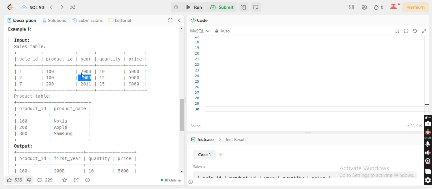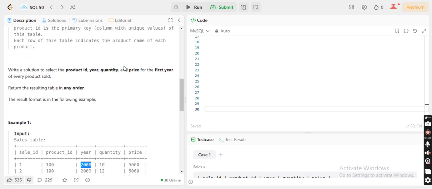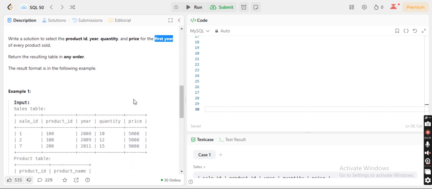We need to extract only 2008 because they are saying the first year. In SQL, out of 2009 and 2008, we are extracting the minimum year. So it is simple that we need to use the min function for this.